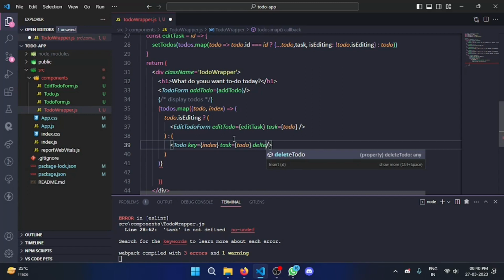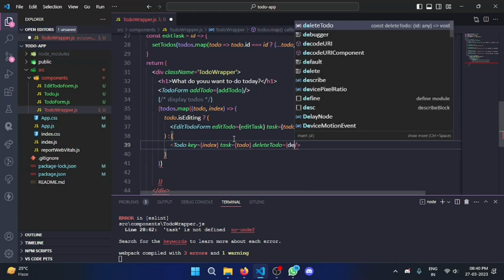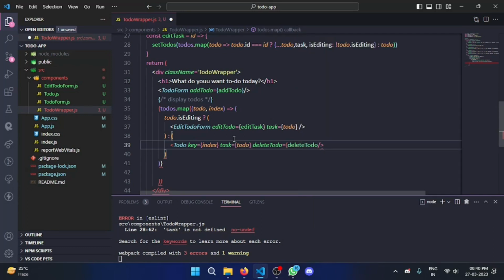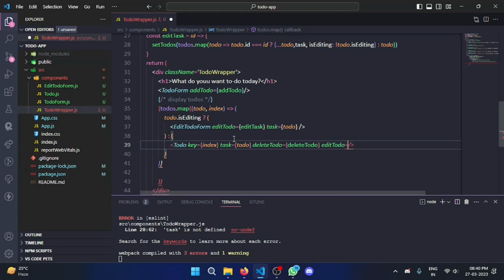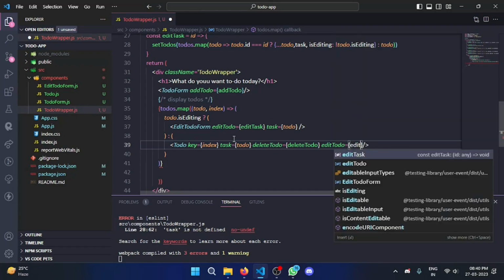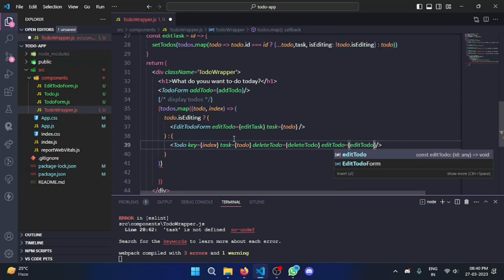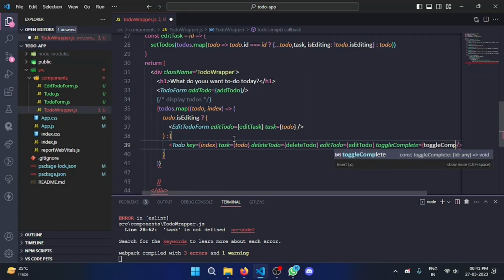Delete. To do is equal to delete. To do. Edit. To do is like quite a lot of to do's right here. So I will say it like much time than you can think. Toggle complete is equal to toggle complete,